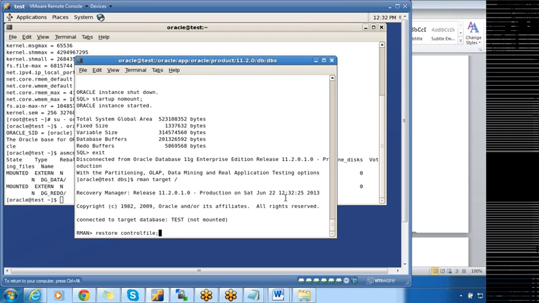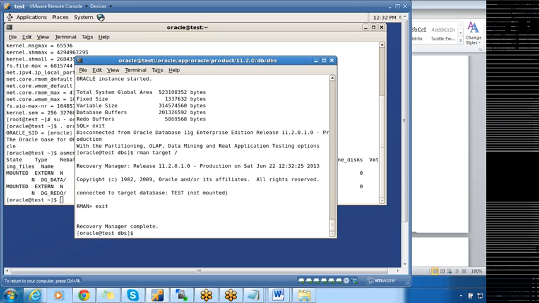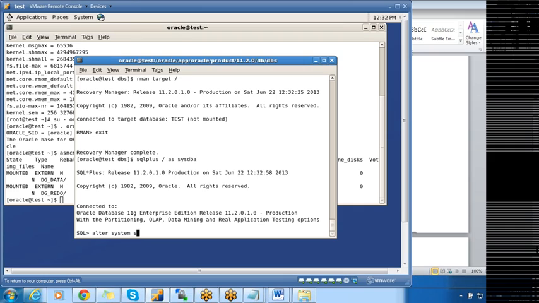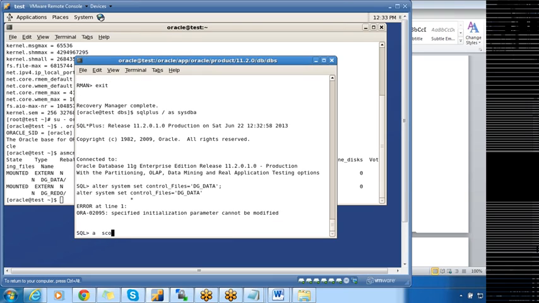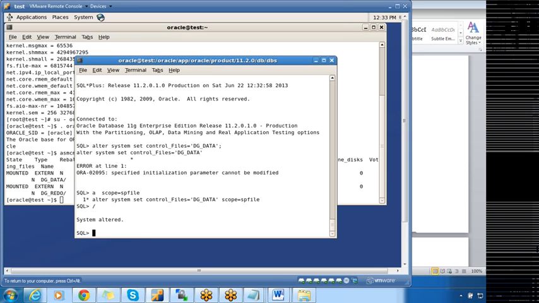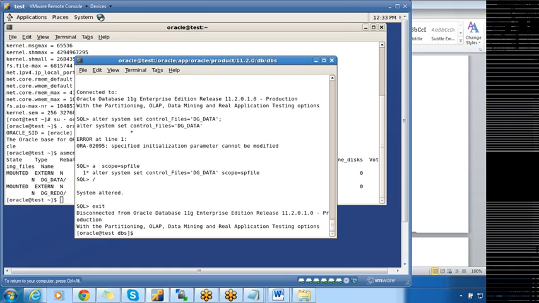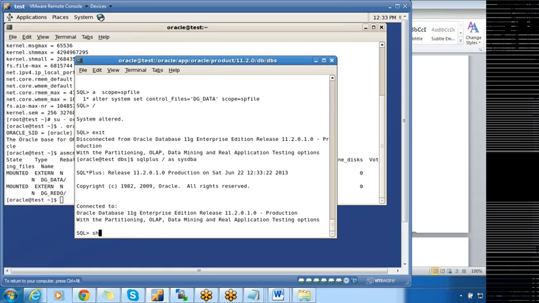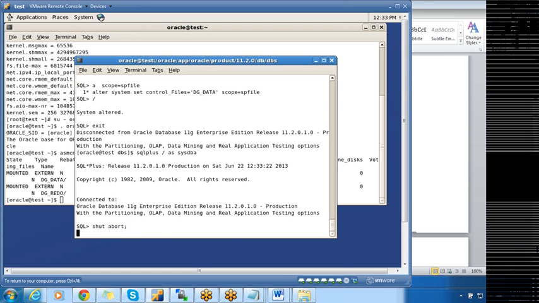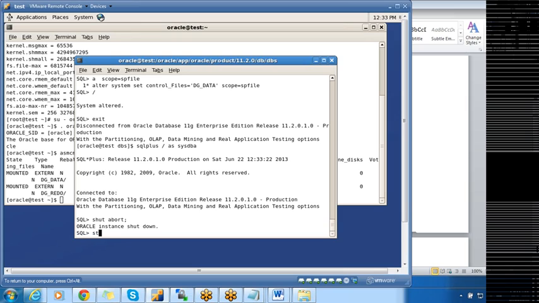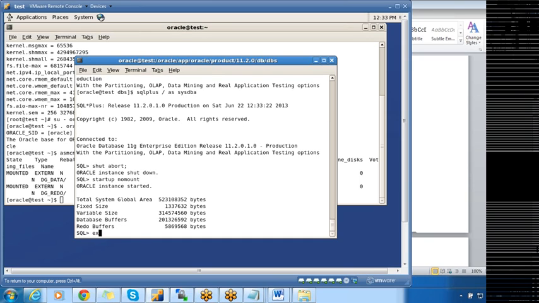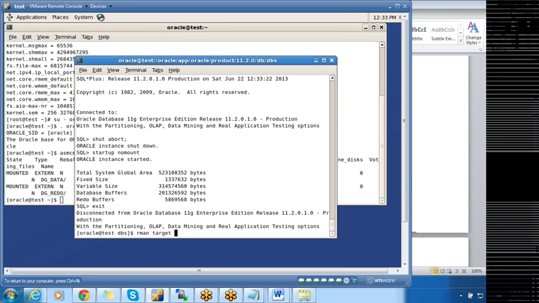No, it's wrong, wait. Plus data is not there, dg_data.